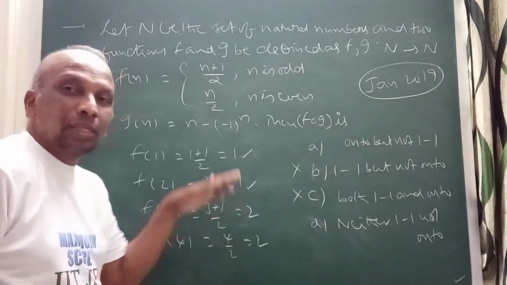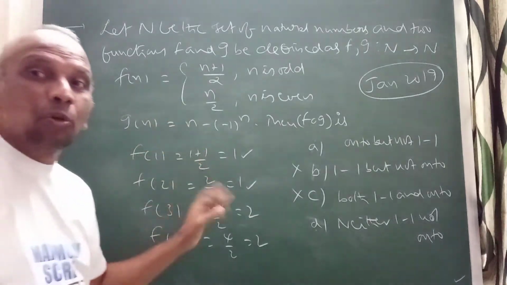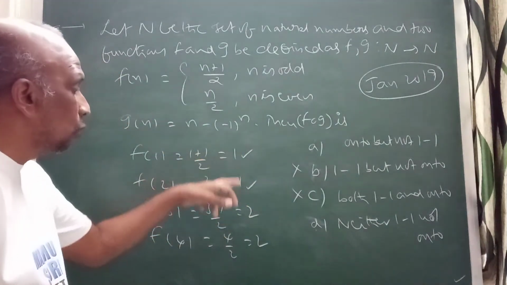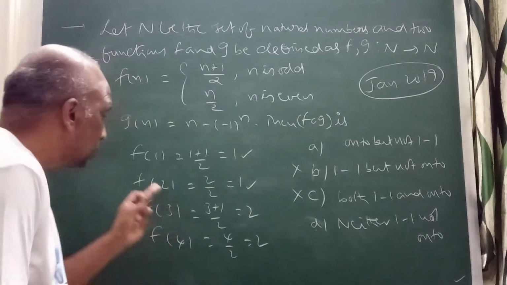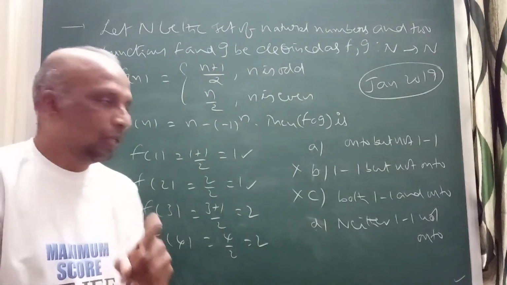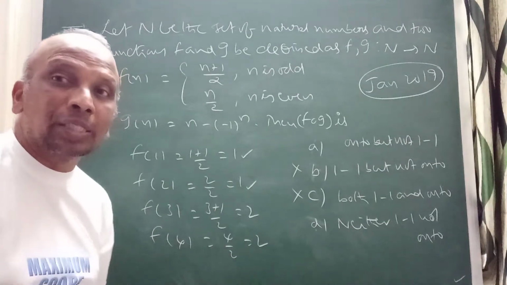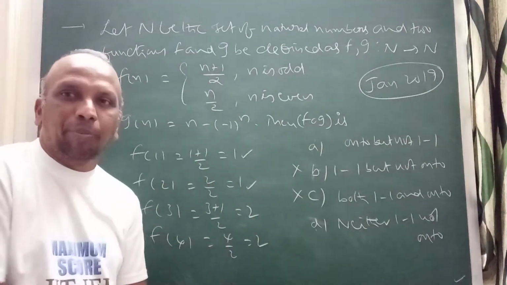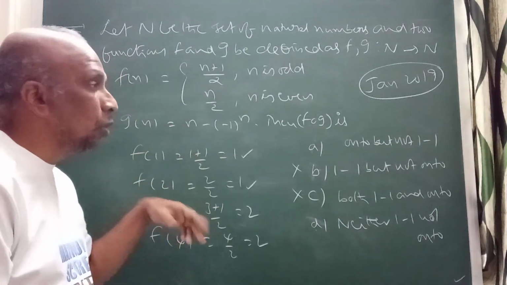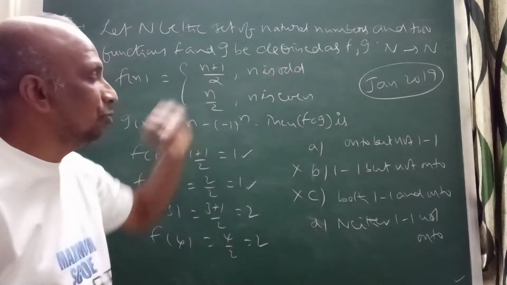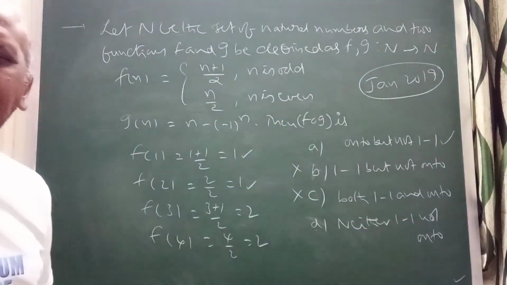When you are doing like this, again all the natural numbers you are getting. Definitely the range is equal to the codomain, both are same. The range is 1, 2, 3 and so on. Definitely the function f is onto, but not 1-1. Why? Because the range is equal to the set of natural numbers. Definitely the composite function is onto, but not 1-1. So your answer is option A.